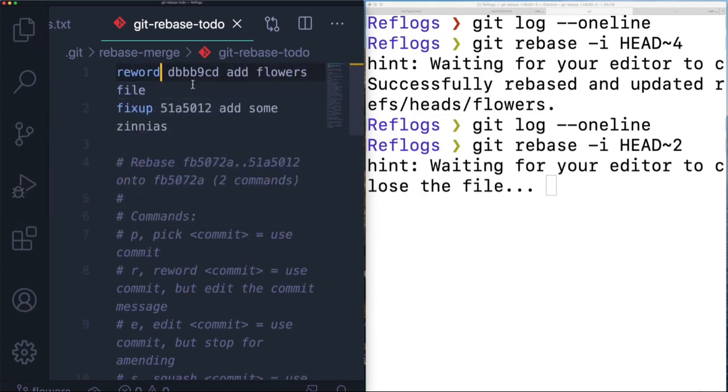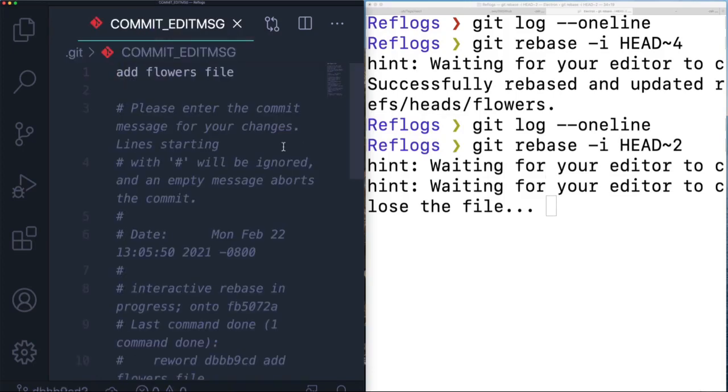So I can do that. I'll rename this, or not rename it, but come up with a new commit message and then mush this one into it. And now, when I closed out of that window, it opens up the commit message that I can edit. So instead of saying add flowers file, let's go with add flowers, flowers feature. Or how about just add flowers, add list of seeds. Okay, so I'm basically taking all that work I did and combining it into one new commit with a new